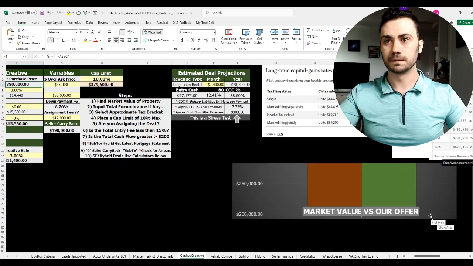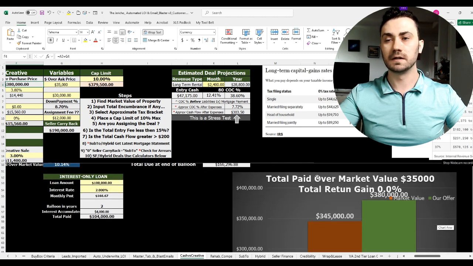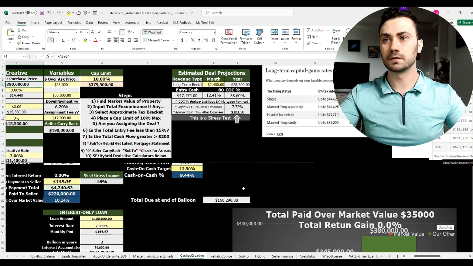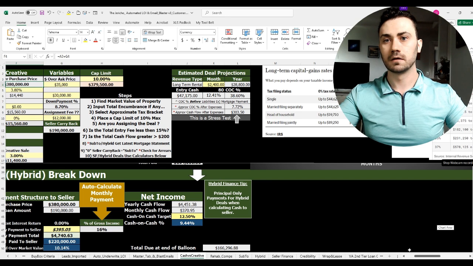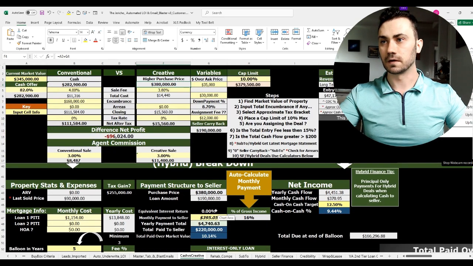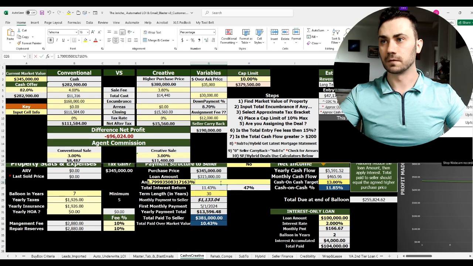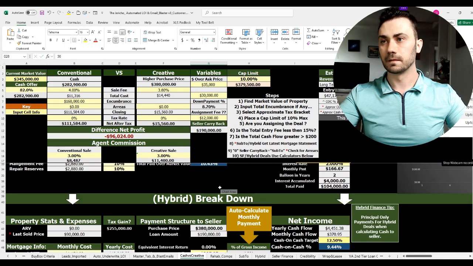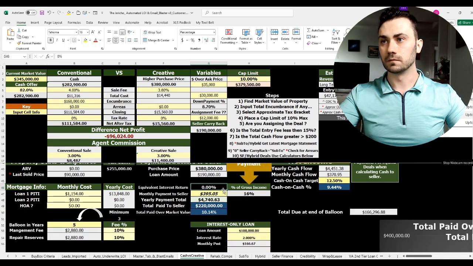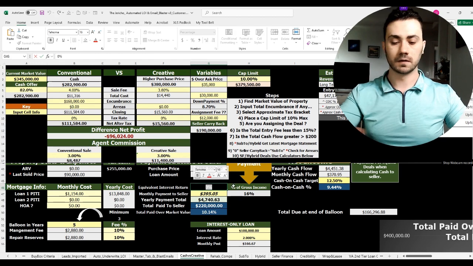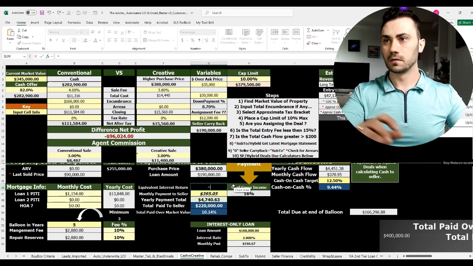So if I go down to the graph shown below, we can see here that it says total paid over market value is $35,000. Total return gain, this actually needs to be fixed. Looks like the formula for some reason did not auto-populate. I'm going to fix that really quickly. The total return gain is going to be